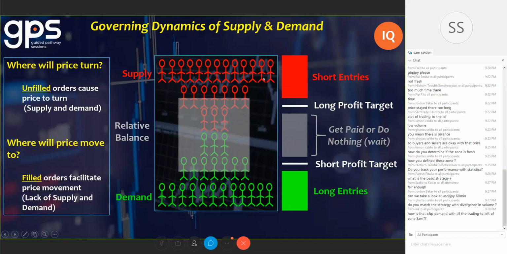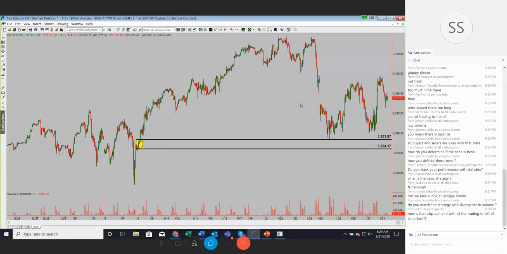So, in theory, if you're finding shorting opportunities out at the supply extreme and buying opportunities down at the demand extreme and staying out of the middle, your trade count is going to be lower, but your success rate should be higher. Your overall profit should be higher. If you're finding trades in the middle here, your trade count will be higher, but your success rate will probably be less. And we can continue to go over all that stuff.